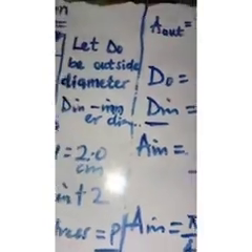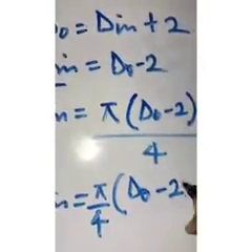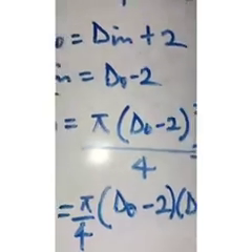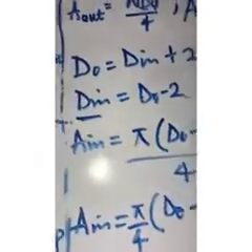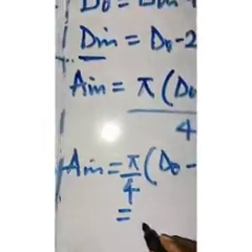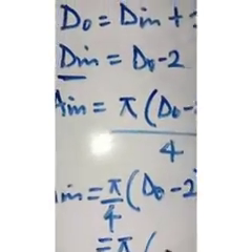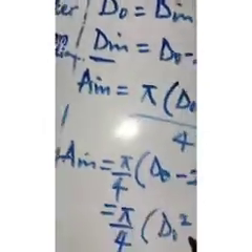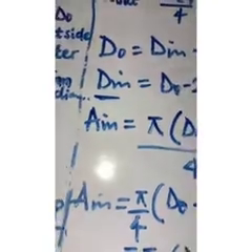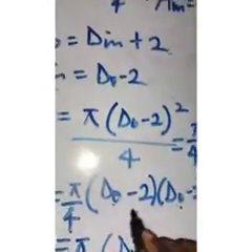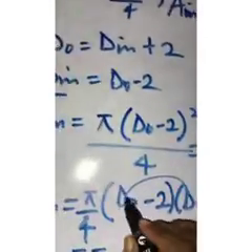my pi over 4 open bracket. So if I open the bracket of this, I'm going to have d naught minus 2 and d naught minus 2, right? You remember, just simple factorization, and I'm going to have it as equal to pi over 4 open brackets d naught square. You remember, that is d naught square, and plus this times this, this times this, so that